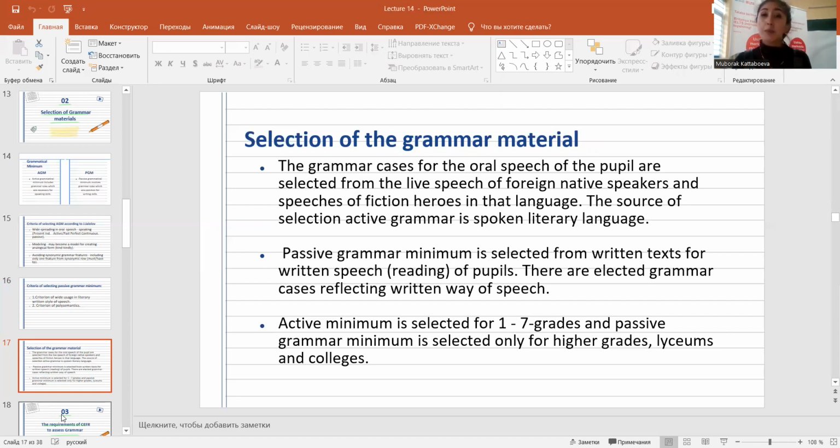And we have passive grammar minimum, which is selected from written text and written speech of students. And these are the elective grammar cases reflecting written way of speech. Active minimum is selected for first and seventh grades, and passive grammar is mostly selected for a little bit higher